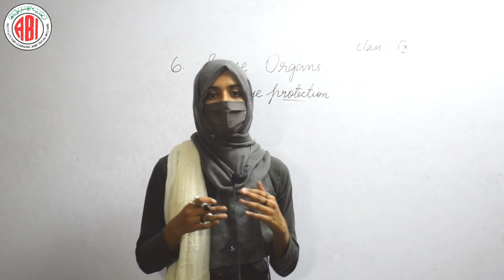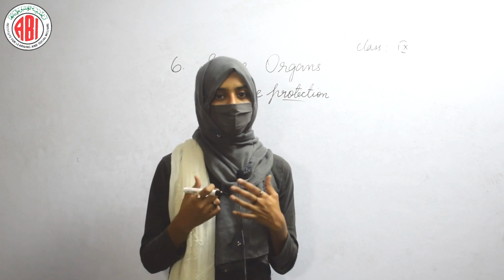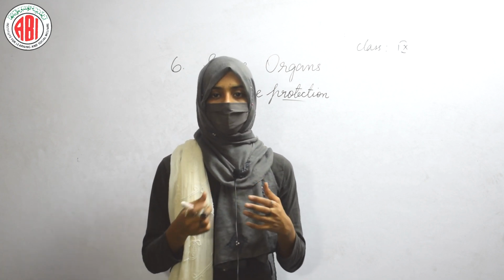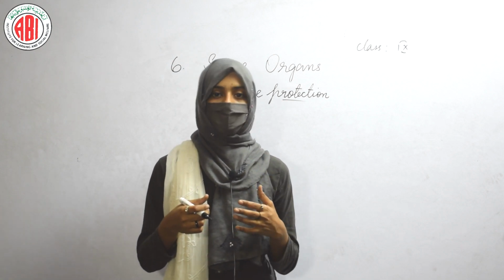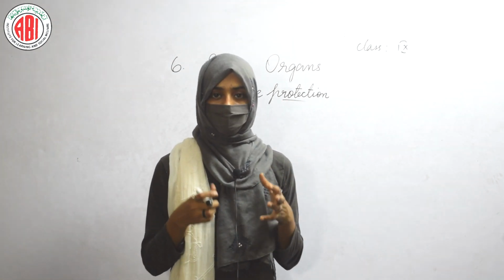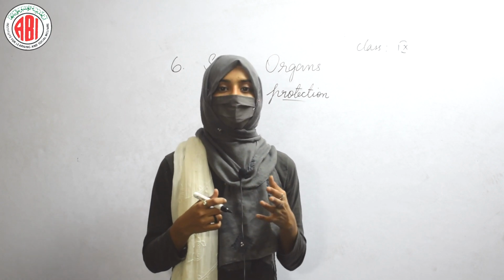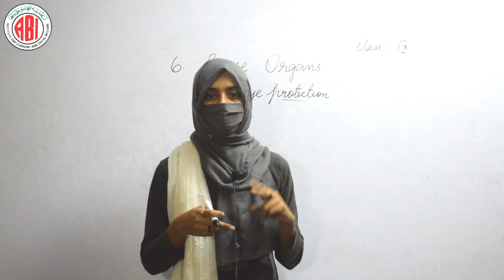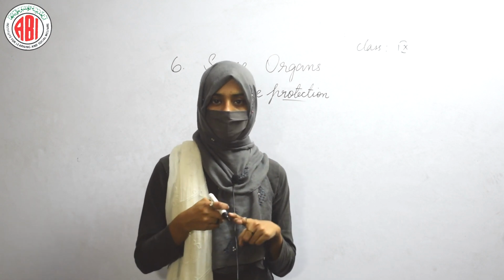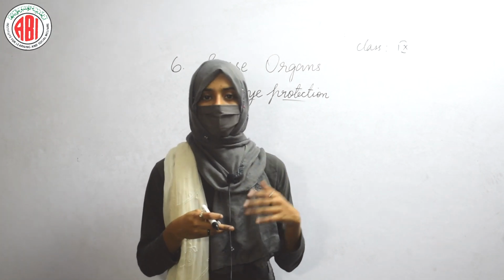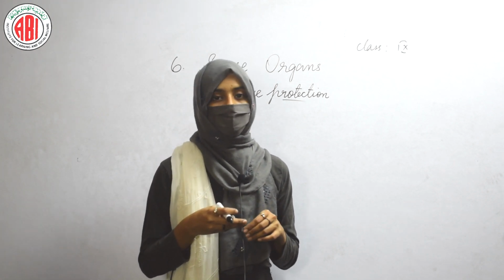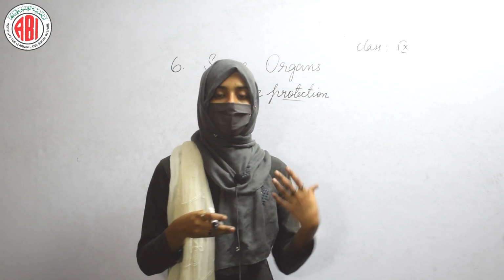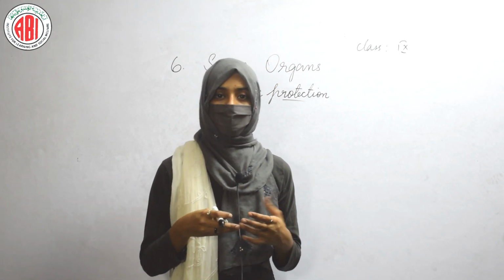And one more thing is, we should eat a healthy diet to protect our eyes. We should always have some vitamin A rich foods like papaya and carrot to keep our eyes healthy. If we look at very bright lights, it can damage our photoreceptors. We should not look at very bright lights, and we should also have vitamin A rich foods. We should keep our eyes always clean and take care of them, because eyes are very important sense organs that let us see the world and appreciate nature.